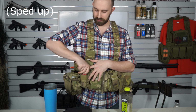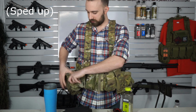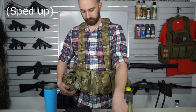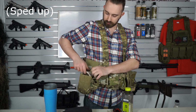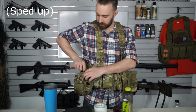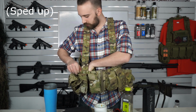little Allen tool. This is honestly not a real tactical loadout. This is just a conglomeration of stuff that I had laying around. A handful of GoPro mounts and accessories, or maybe 2 handfuls. There we go, that's the last of it. Roll of duct tape, a Boombot, cool, Bluetooth audio, speed loader, and even back here there are Velcro pouches,